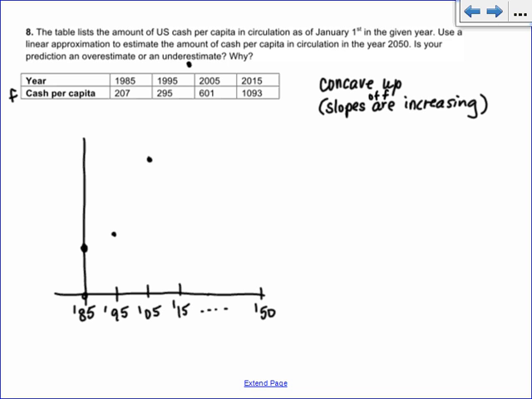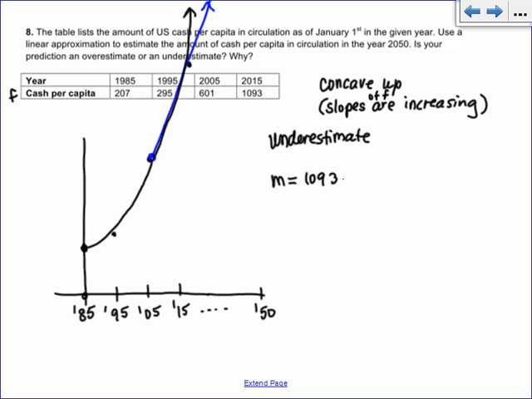All right, so if I want to get a tangent line approximation, I have no function this time. There's nothing that I can plug in for. So I would be forced to use the 2 points that are closest to it. Do you guys see? You could find the slope between these 2 points, and you could continue it straight. But obviously your function is curving. Does that make sense? So we can use that tangent line, but it's going to be really far off. So is it going to be an overestimate or an underestimate? Yeah, it's definitely going to be an underestimate. Okay, so we'd use those 2 points to find the slope. So we'd say m equals 1093 minus 601,